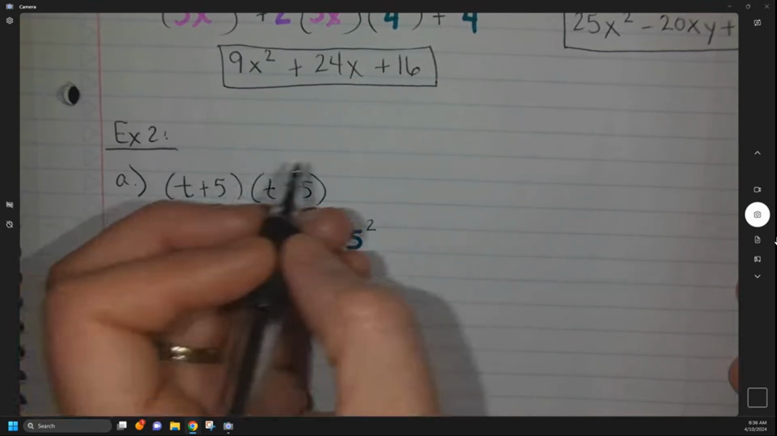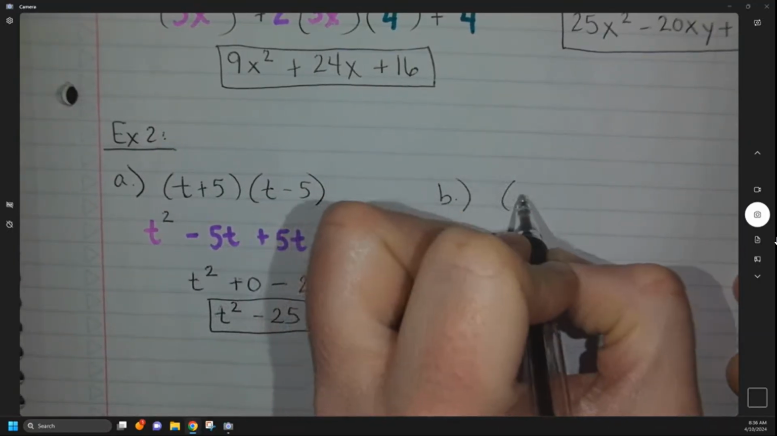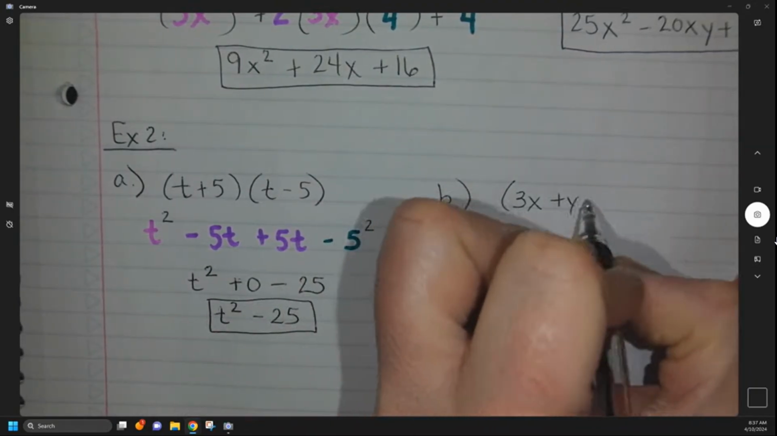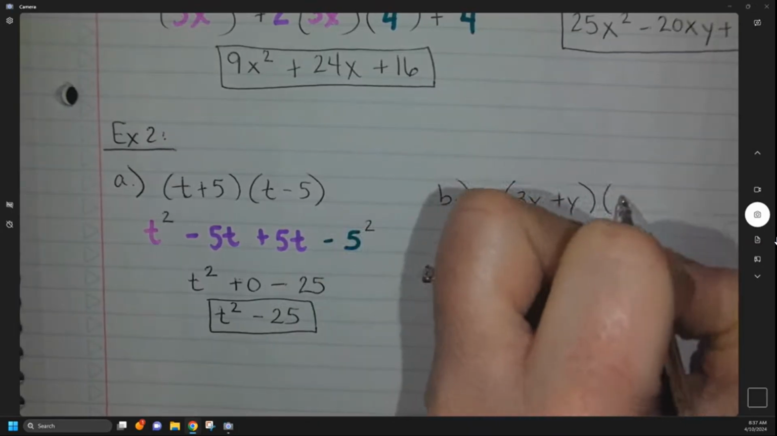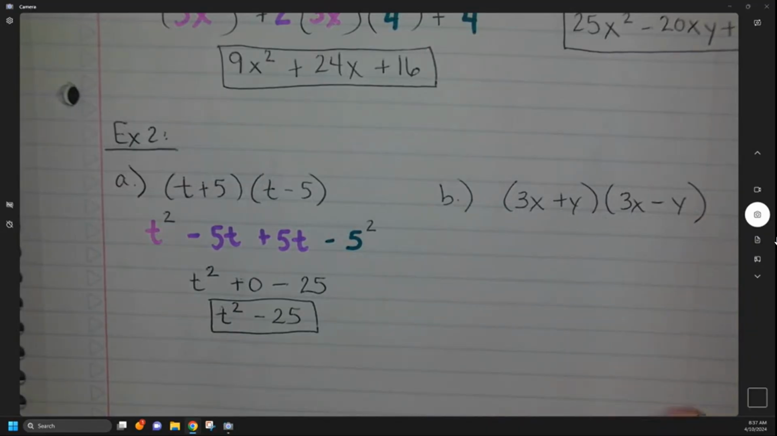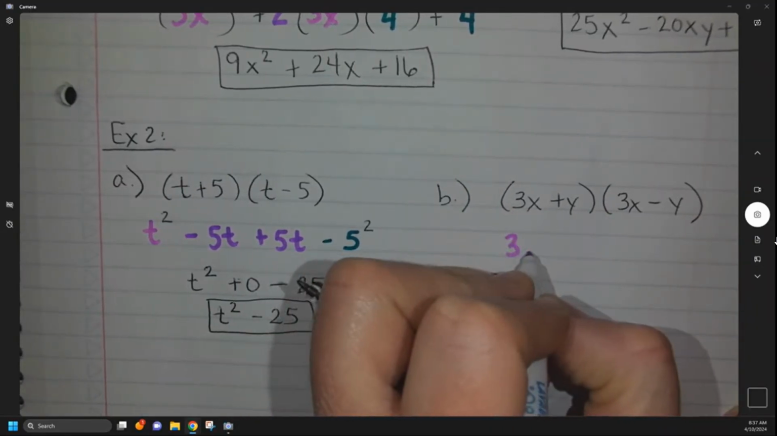So let's take that idea for B and see how we can apply it. Make it a little bit faster. So 3x plus y times 3x minus y. All right, so those first terms, 3x times 3x gives us 3x